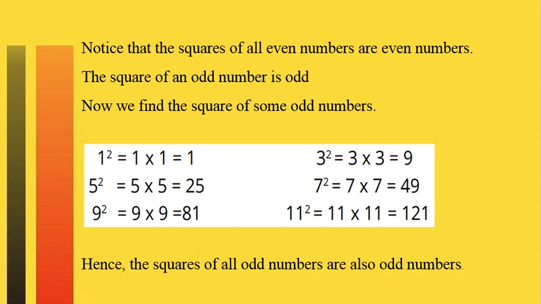and so on. So you are observing that 1 is an odd number. The square of 1 is equal to 1. This is also again an odd number. Similarly for 3, 3 threes are 9. So 3 is an odd number, 9 is also an odd number. Same way, 5 is an odd number, and 25 is also an odd number, and 7 is an odd number, and 7 sevens are 49. The result is also an odd number. So in this way, we can nicely understand that the square of all odd numbers will give an odd number. I hope you will understand it very nicely.